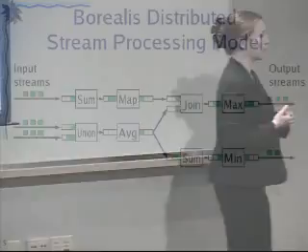So I have mentioned a few of the project names developed by the various groups. In this talk, I'm going to focus on Borealis. Borealis is a stream processing engine that we have developed at MIT in collaboration with Brown University and Brandeis University. And Borealis is actually one of the first distributed stream processing engines. It is now publicly available, and a few groups have actually already downloaded it and are playing around with it.